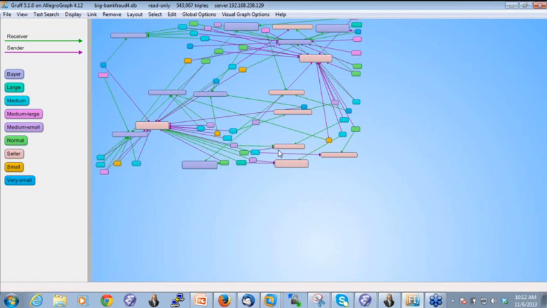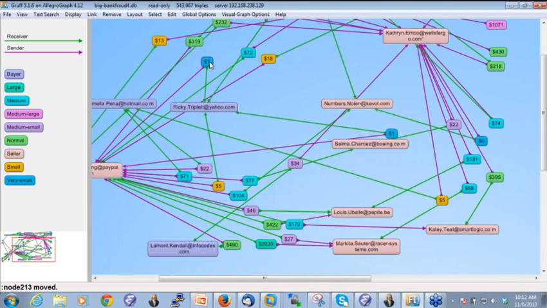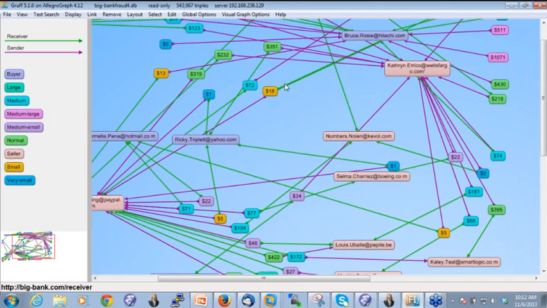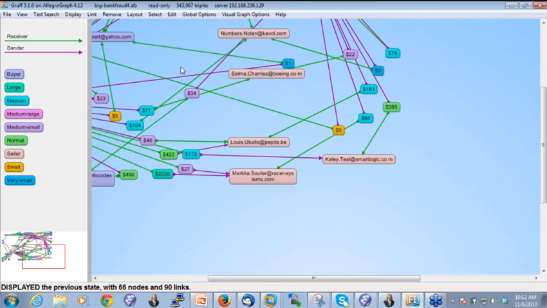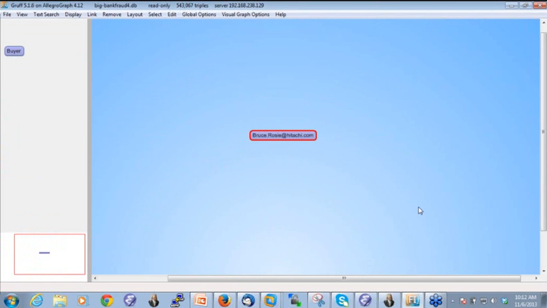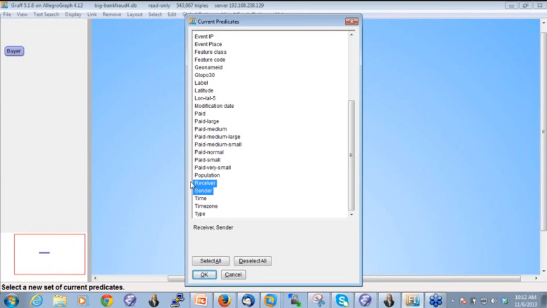What you see here is that we have accounts, and these little ones are the transactions. We looked at the amounts of these transactions, and based on the amounts we gave them different types. You could have medium, large payments, or normal payments, very small payments. But it's kind of hard to see how money goes from one person to the other if you have a little object in between. So if I go back, I can go back to my predicates and say,